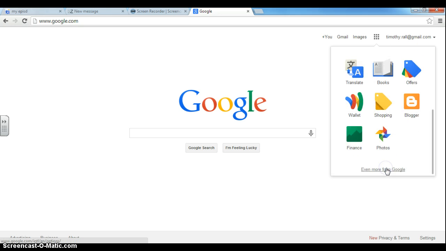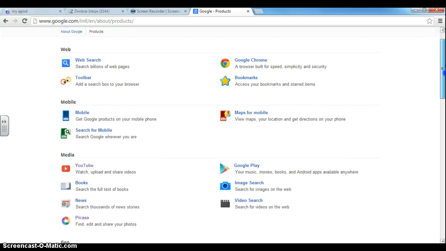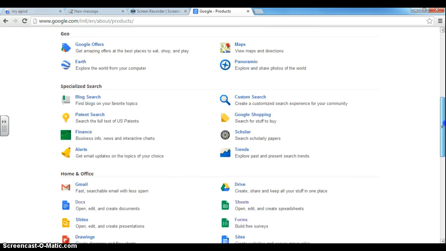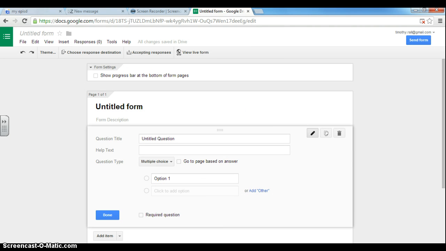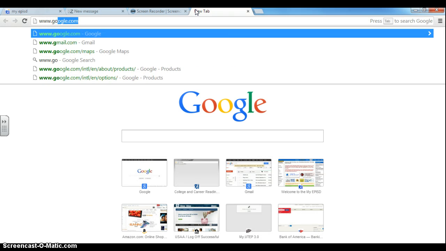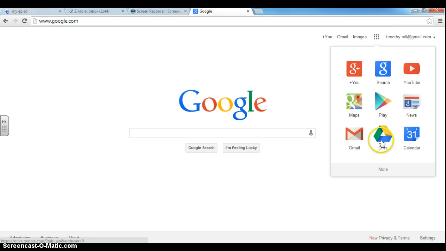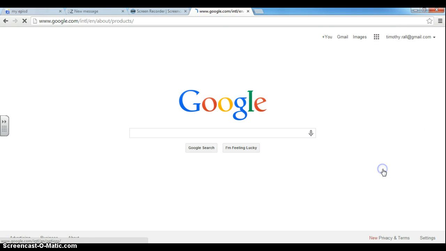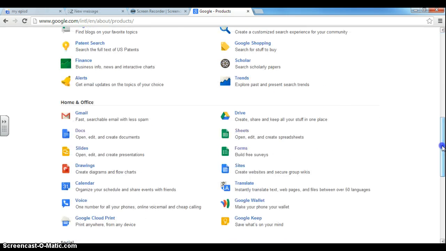So we'll go to more, even more. Now here, if I scroll down, there's 2 ways of finding it. So what we're going to do is go back in. Here's my apps. And instead of clicking on the forms, we're actually going to click on the sheets. So here, if I click on sheets,